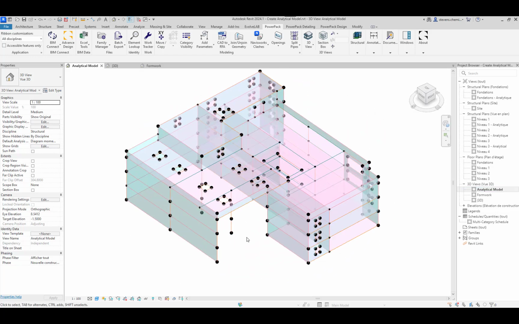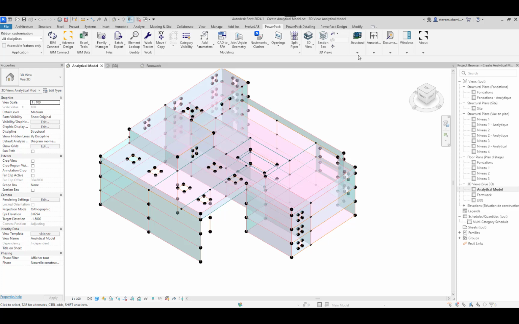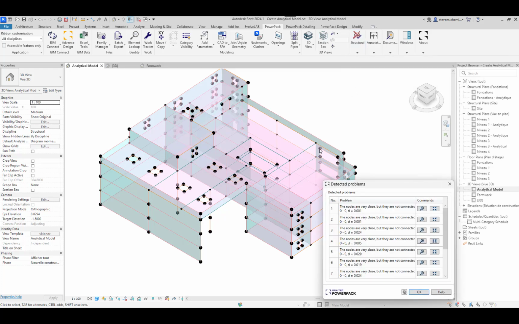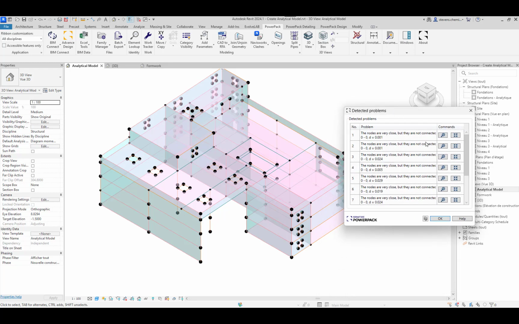Regarding the detect error tool, we can find this command in the same drop down menu here, the detect command. Simply launch the command here, and you will get directly the list of potential issues, so 11 in this model.